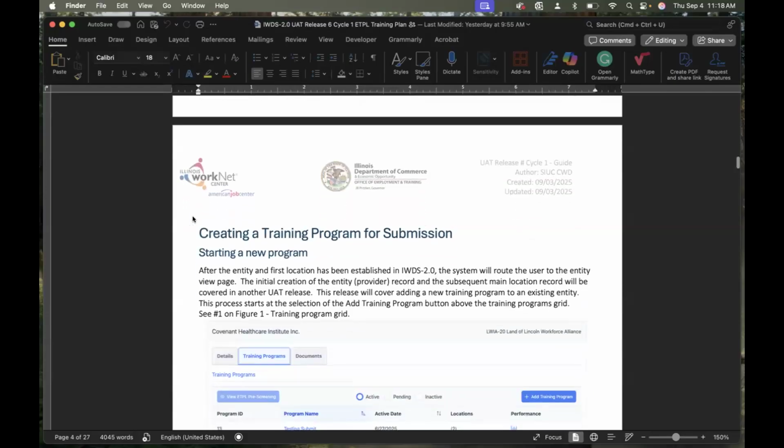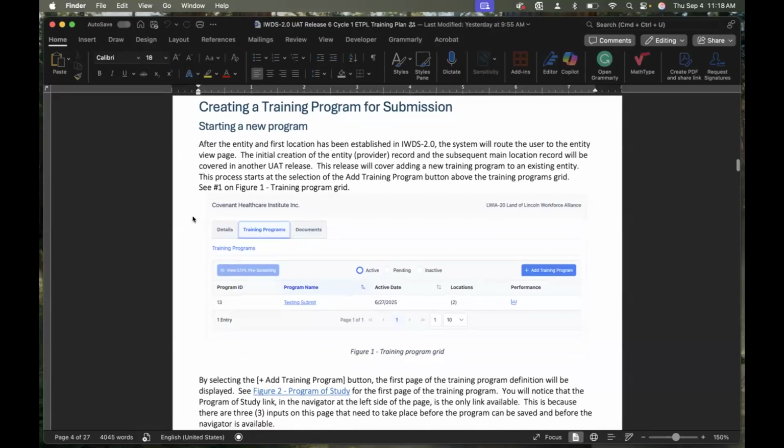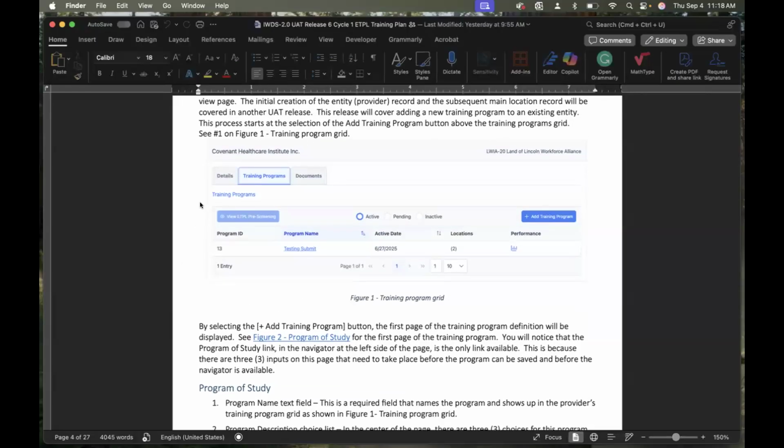When you get down in here, I'm not gonna go through each one of these because I want to do it in the application. You're going to start a new program at this tab page, which is on the entity management or the entity location. You can go either way to that. And I'll show you how that looks by going either way. What I mean is you can see all the training programs that are connected to an entity for all the locations, or you can go to a specific location and see just those that are for that location,